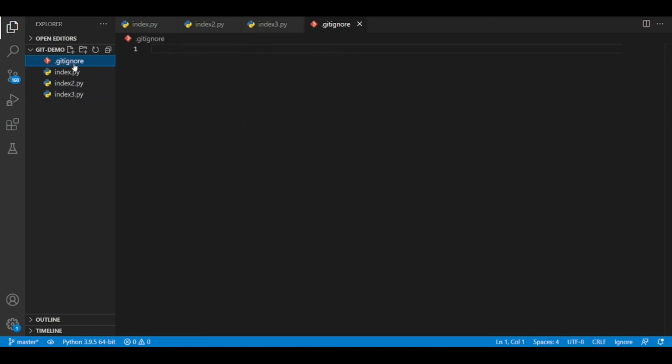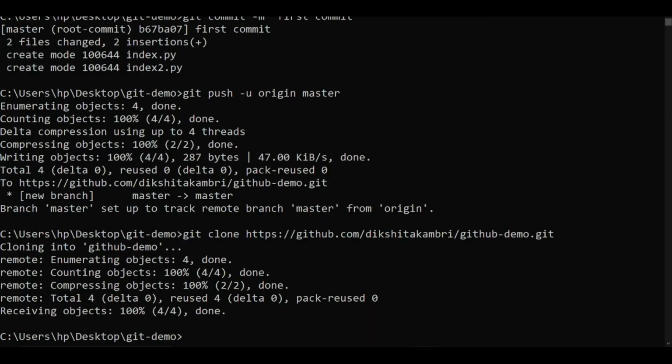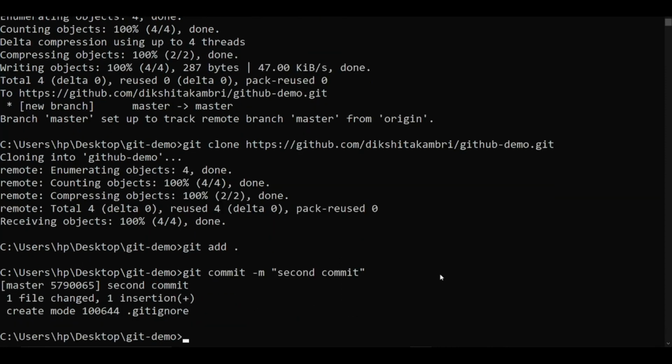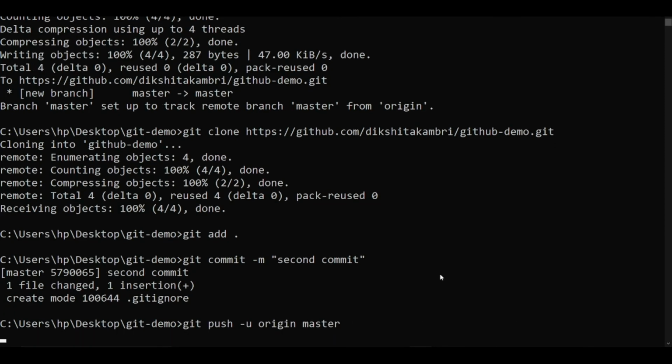and inside that file type the name of the file which you want to hide, so index3.py, and save the gitignore file. Now we'll add all these files with git add dot, then we'll commit all those changes with commit -m second commit, hit enter, and now we'll push the changes.